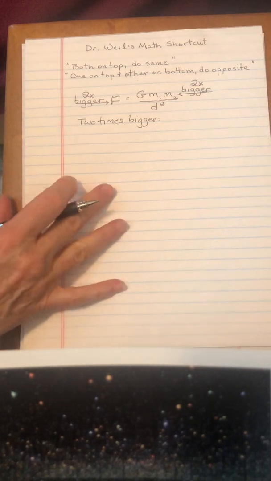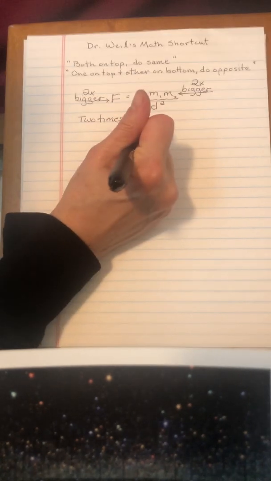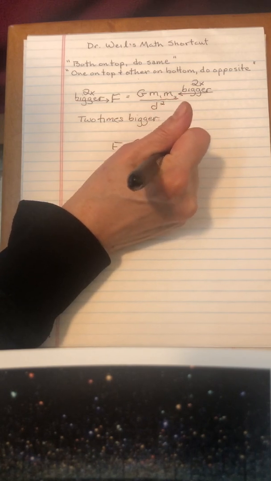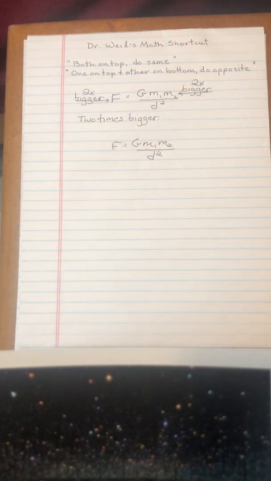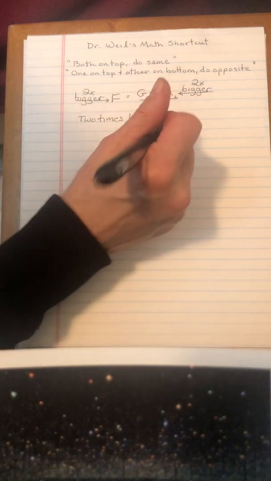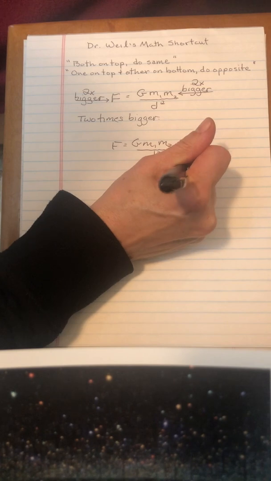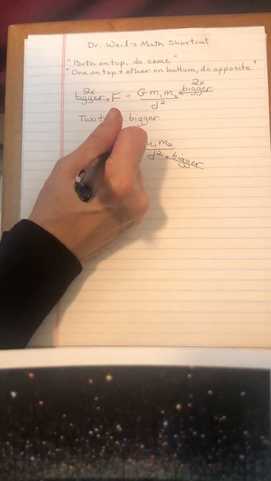Okay. Let's use that same equation and look at it again. So I'm again going to write force is equal to gravitational constant times the mass of one object times the mass of the other object divided by the distance between them squared. So same equation, universal law of gravity that Newton figured out. Now, however, let's make the distance bigger. So instead of making a mass bigger, we're making the distance bigger. Well, how does that affect the force? We're looking for whether it will make the force bigger or smaller.